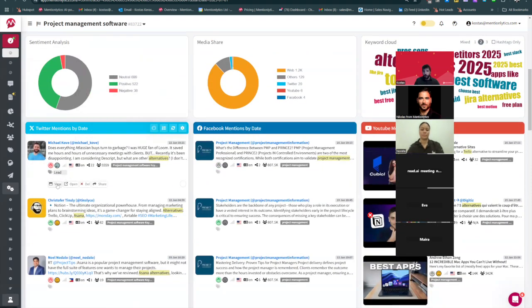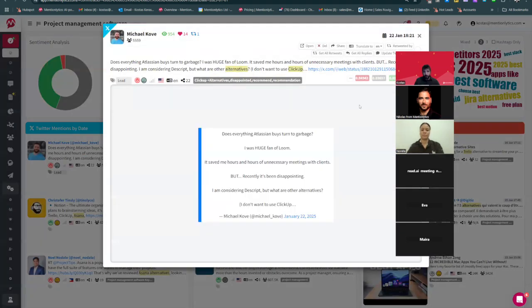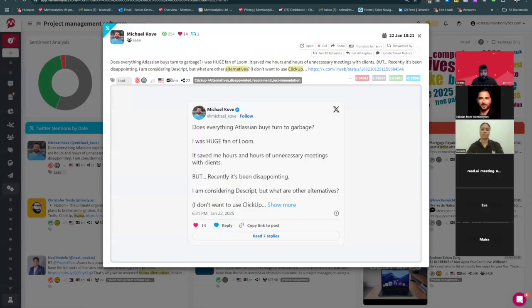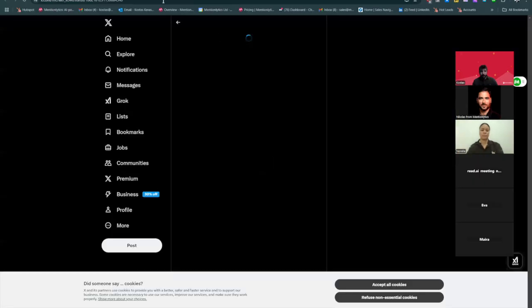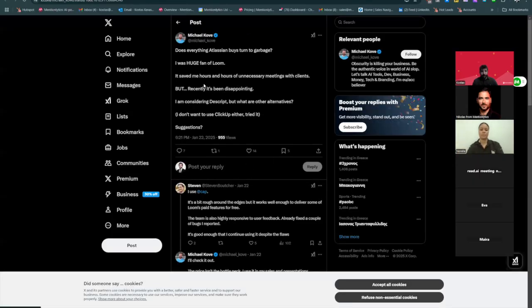And I'm going to open it so we can all view it here. "Does everything at least and buys turns to garbage? I was a huge fan of Loom. Let's just see it here in all its glory. It saved me hours and hours of unnecessary meetings with clients, but recently it's been disappointing. I'm considering Descript, but what are the other alternatives? I don't want to use ClickUp either. I tried it. Suggestions." So this is a perfect lead, I would say,